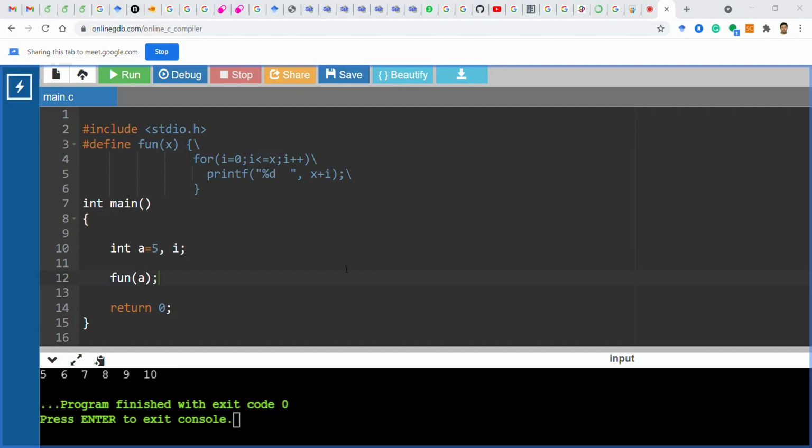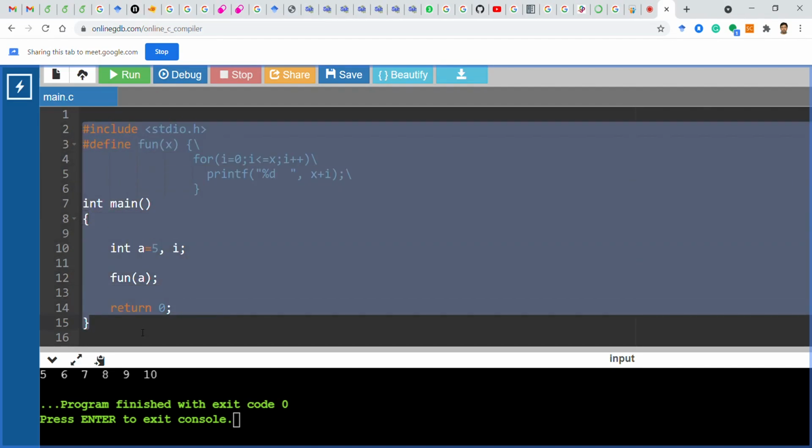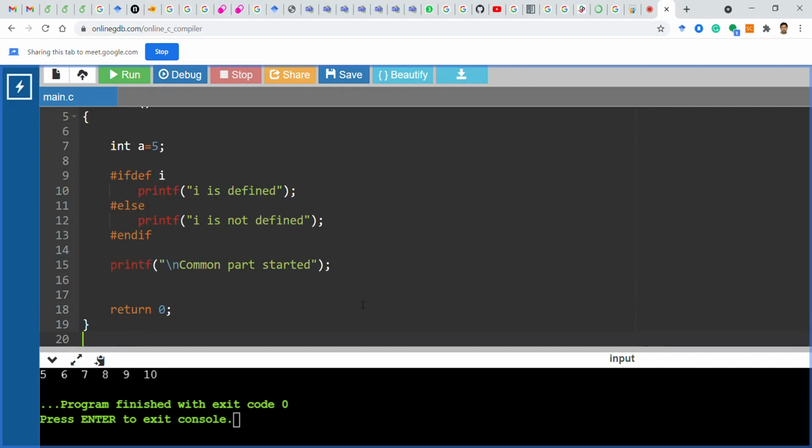Now if I go further, let's go for a different preprocessor directive, which is what we call conditional compilation. So we will place here a code for conditional compilation, something like this.